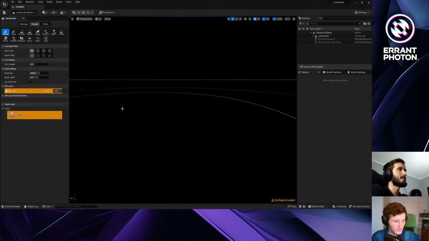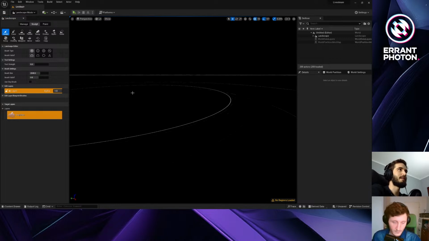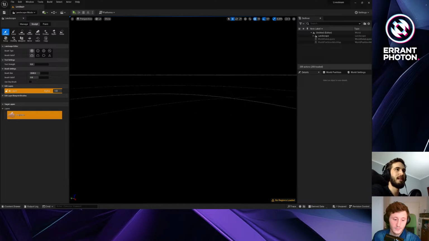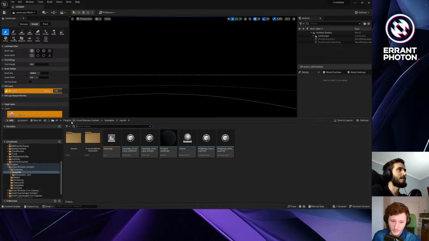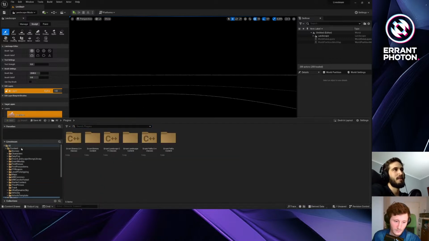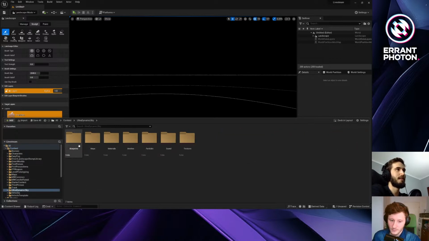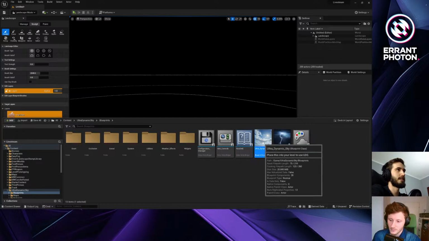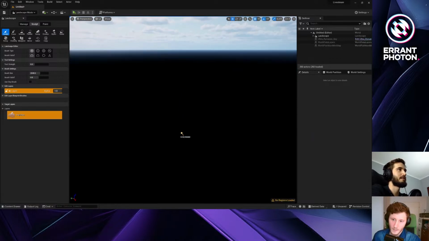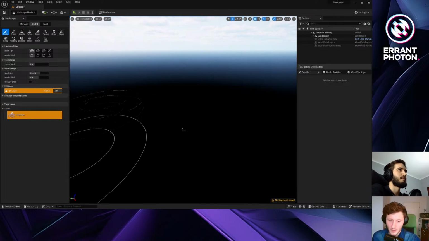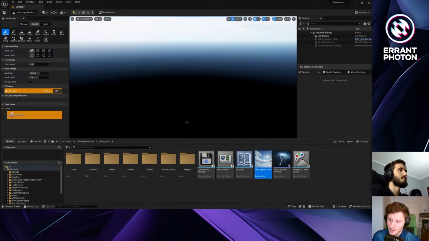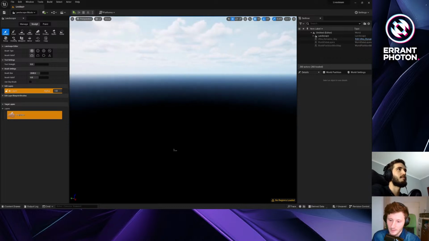So as long as your brushes aren't too big, it doesn't really matter how many of them you have on the level. They only update the area underneath them. So no matter if you have 8x8 kilometers or just a 1x1 kilometer level, it will work just as well when you move a brush kilometer by kilometer. Okay, so I just added Ultra Dynamic Sky to bring some lighting to the level,